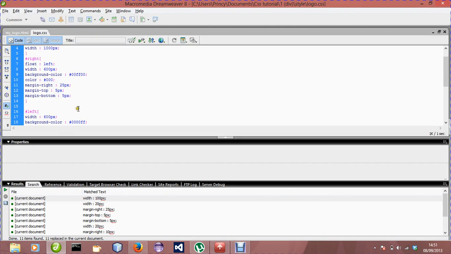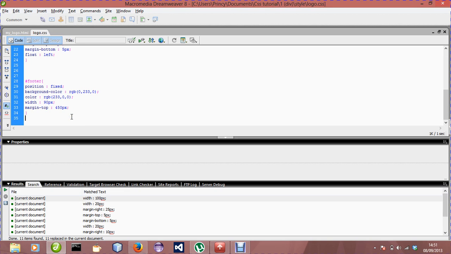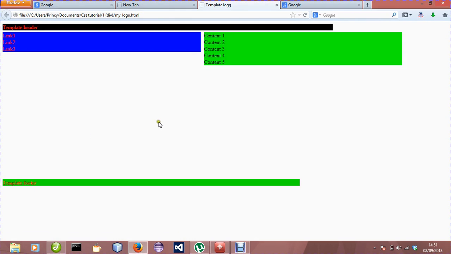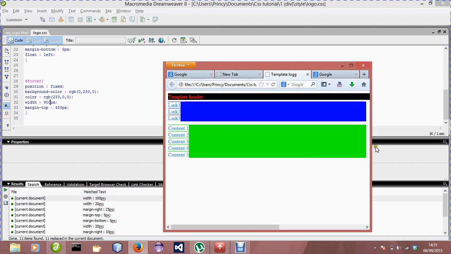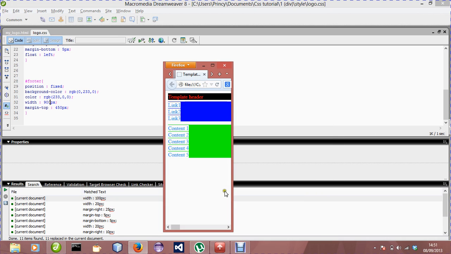Okay, header, let's do the footer. Let's increase the size of the footer. The size of the footer would be 900 pixels. I refresh it. This is it. Now see, this is a fixed layout. Why is it a fixed layout? This is a fixed layout, guys, because if I do like this, see, the content is being